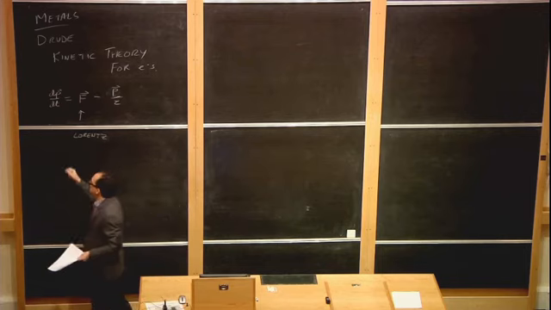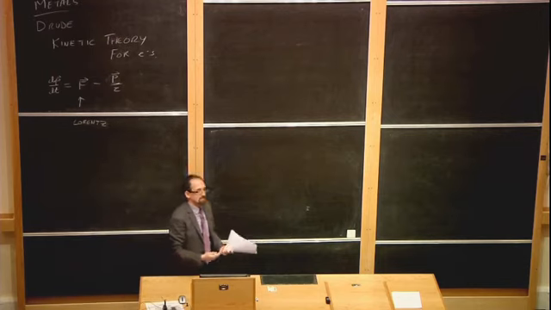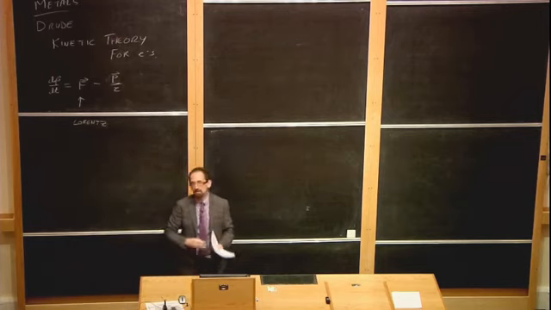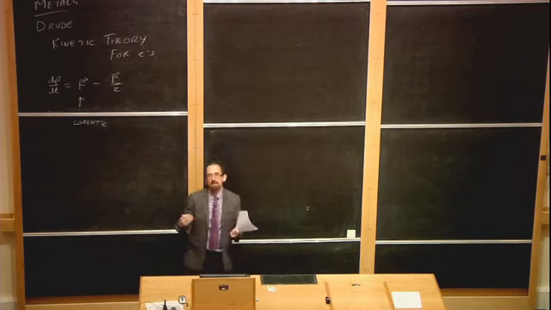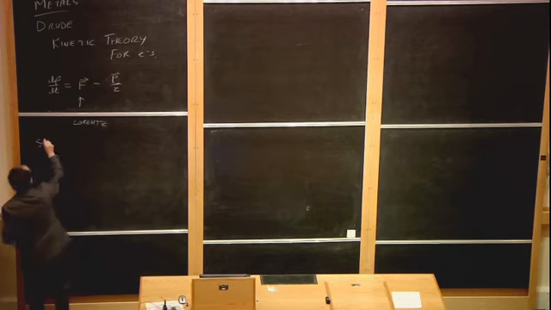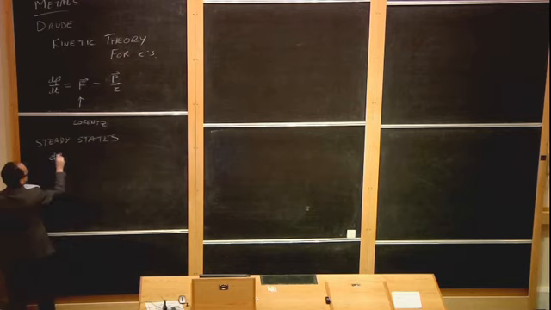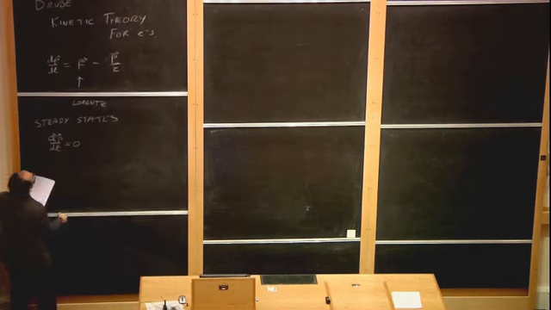Now, for many experiments we're going to be interested in, we are actually doing some sort of steady state experiment. You might apply a steady electric field, you might apply a steady current, and you're interested in a steady state result. So it simplifies things a lot to look for steady states. So dp/dt equals 0. So let's try to solve that. So dp/dt equals 0.